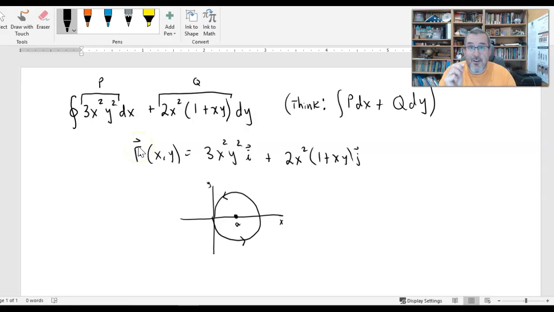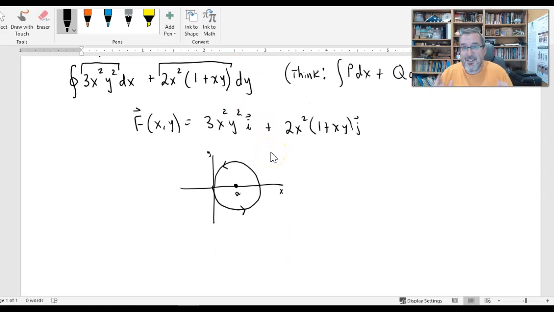Therefore, the vector field that we're in is the vector field with the P component 3x squared plus y squared times i, plus the Q component j. Nice. So there's our vector field. We're traveling through this vector field along this curve, and we're asked to find the line integral. The whole idea is, if we travel along that circle centered at (a, 0), are we helped or hindered as we make one complete loop? All right, so first of all, it's going to be useful to have this curve C expressed